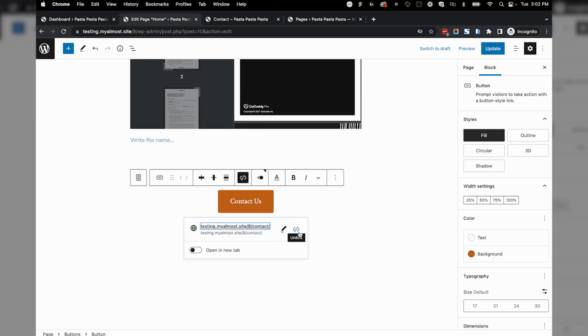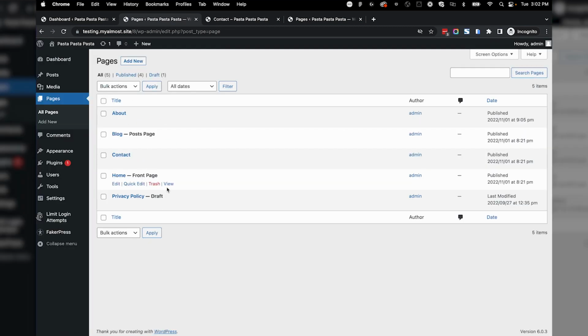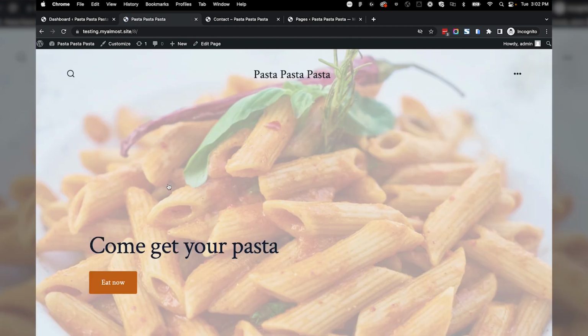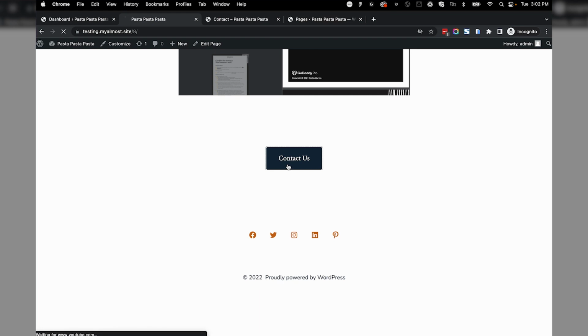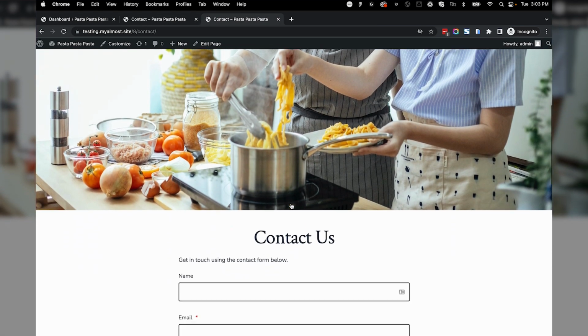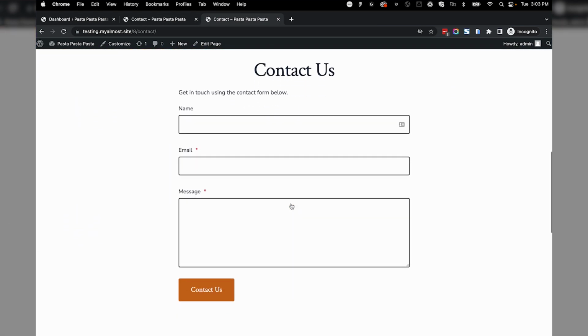Up on the right top corner, you can choose Preview if you want to test it out before you commit, but I feel good about the button, so I decided to click Publish. Now if we go back to our dashboard and click Pages again, we can view the home page we just added the button to. Clicking the Contact Us button takes us to the right page. It works.